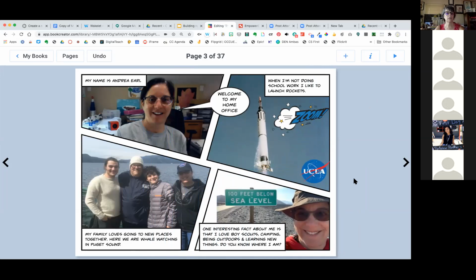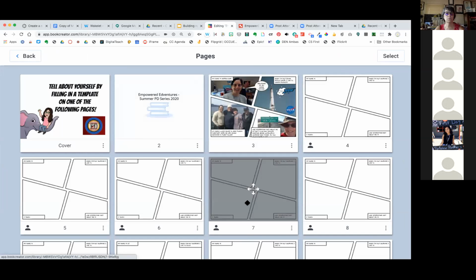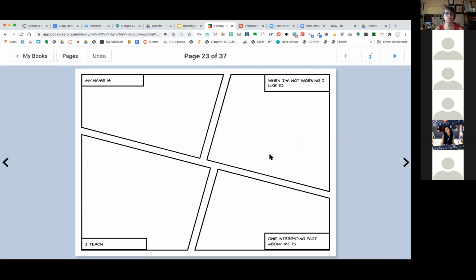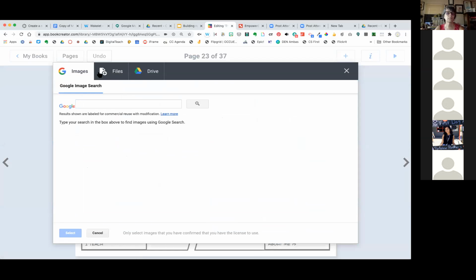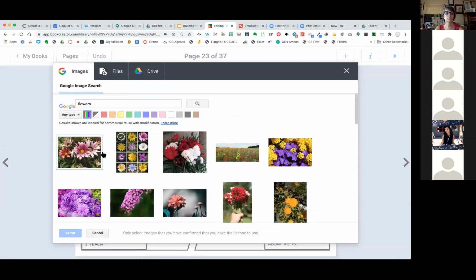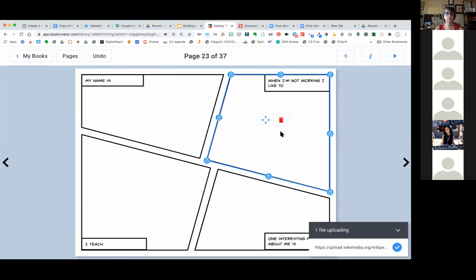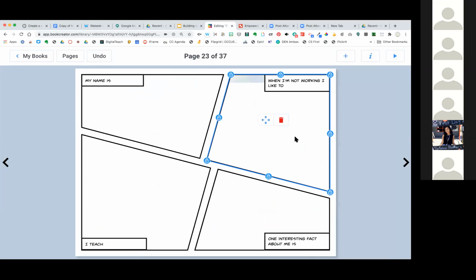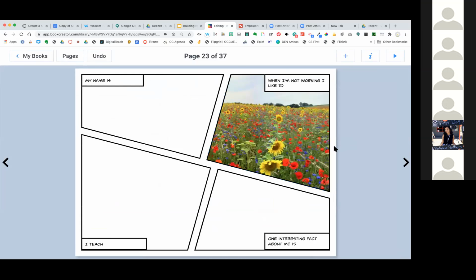I have a question. Sure. How can you add more than one picture? So if you add a picture this way, inside the frame, if I want flowers, I can, or here, I'll do this. There you go. Select edit. If I want to add another picture on top of that, if I want to layer, I could even layer